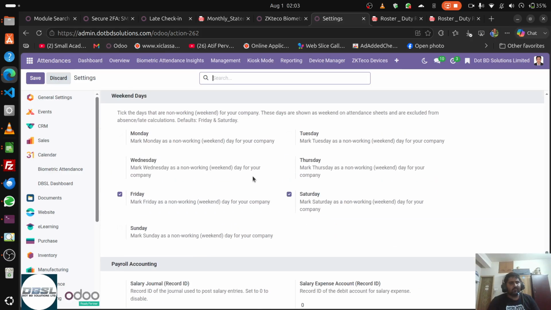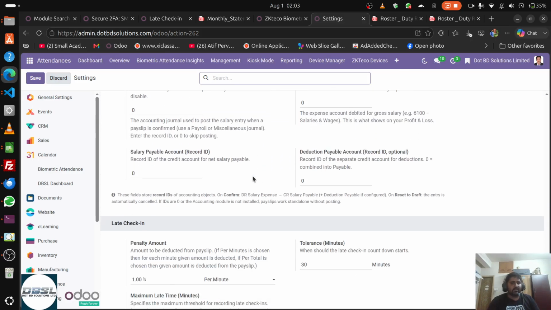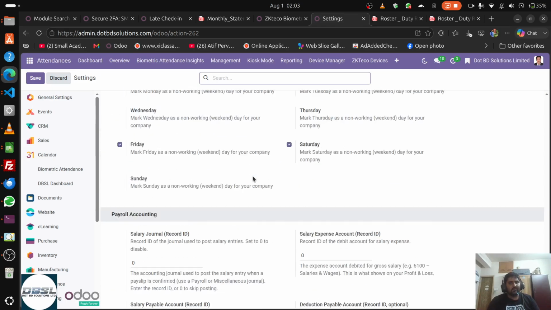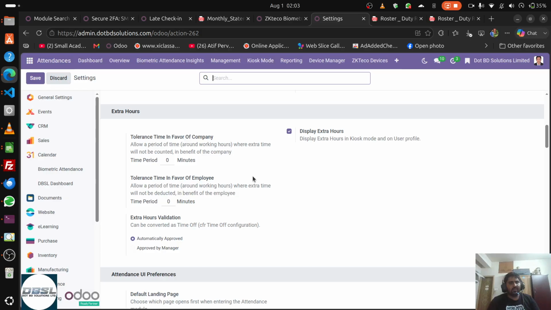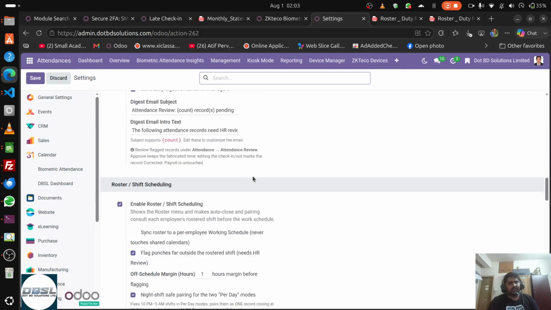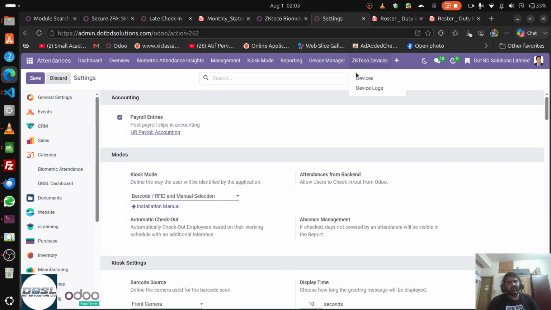And these are payroll accounting, basically it's connected to the community version. So these are the things. So let me go to our module